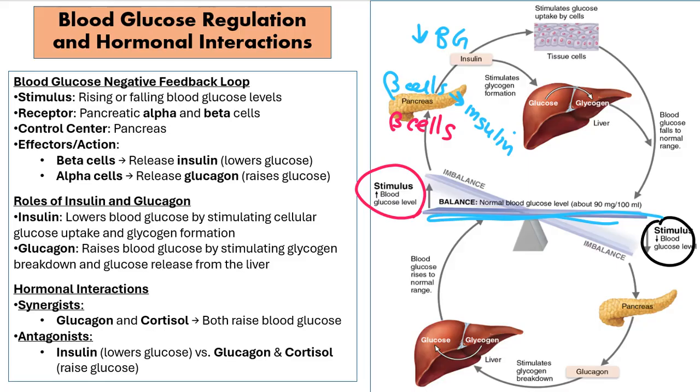All right, if we talked about the stimulus being an increase in blood glucose, let's talk about the stimulus being a decrease in blood glucose. So again, your blood glucose level is going to be very low. That's going to stimulate alpha cells. These alpha cells are going to act as a receptor. Now again, you're thinking I'm going to go to an afferent pathway to the control center, but again, the pancreas is the control center as well. So the pancreas is going to have those alpha cells